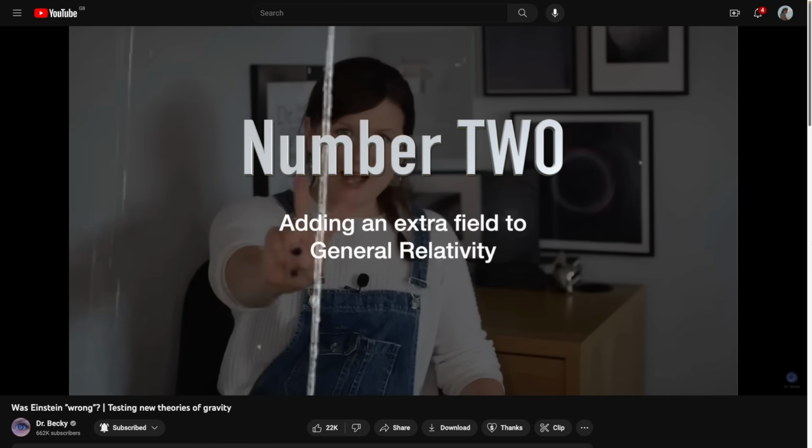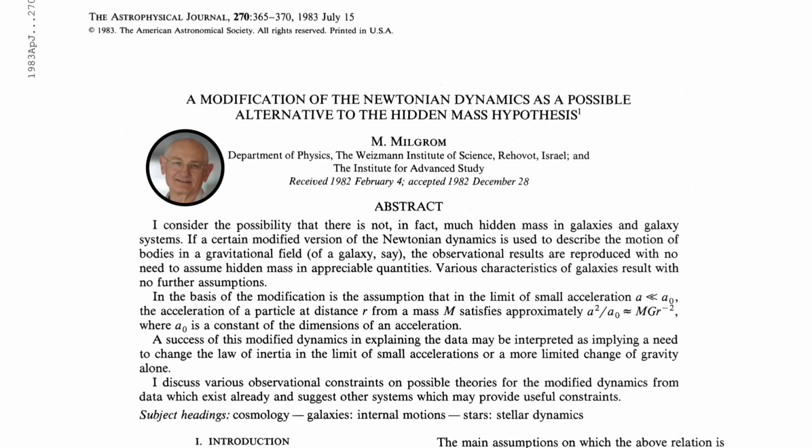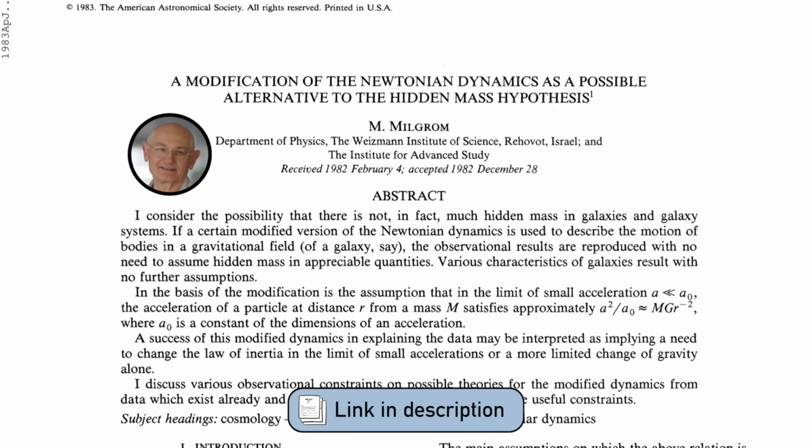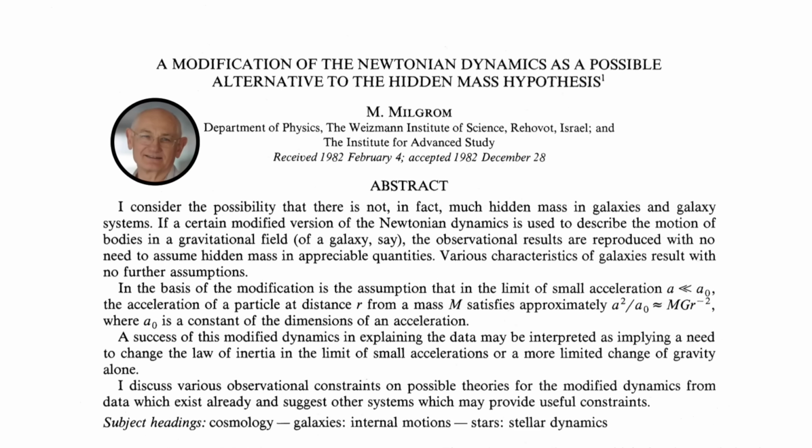So a lot of alternate theories of gravity that don't need dark matter on these large scales to explain our observations of the universe have popped up over the past couple of decades. Again, I've made a video on this before if you want to check that out. But probably the most well-known of all of these alternate theories is MOND, which was first published in 1983 by Milgrom, and has since spawned many different variations of the theory as well.